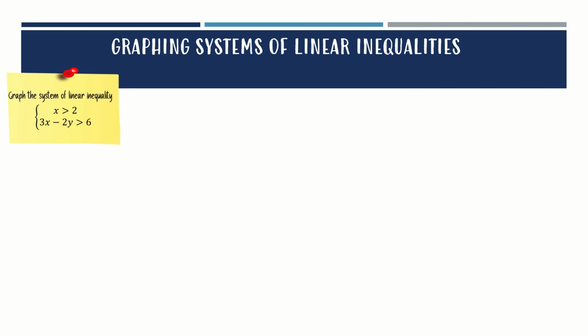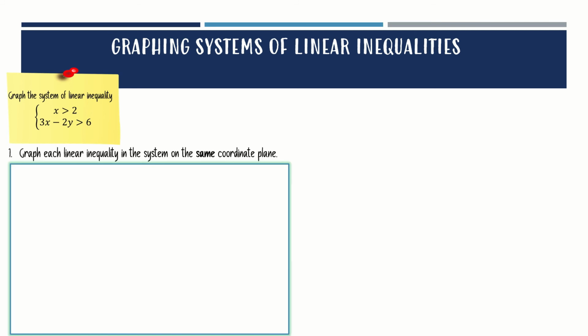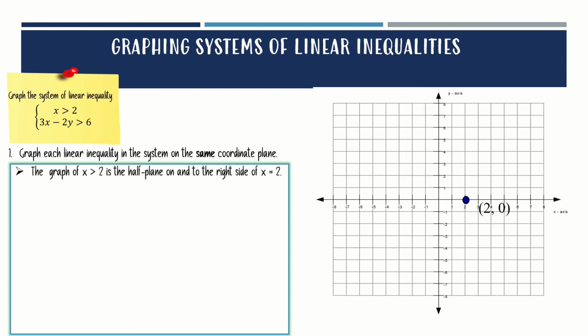Graph the system of linear inequalities x is greater than 2 and 3x minus 2y is greater than 6. Let us first graph each linear inequality in the system on the same coordinate plane. For the first inequality, the graph of x greater than 2 is the half plane to the right side of x equals 2. So here's the point where x is greater than 2 is